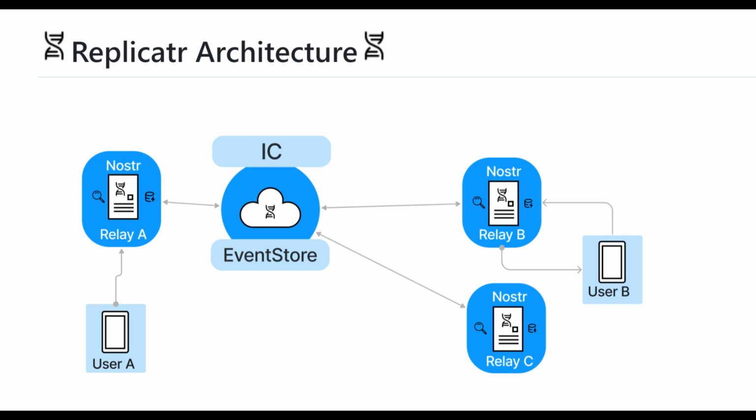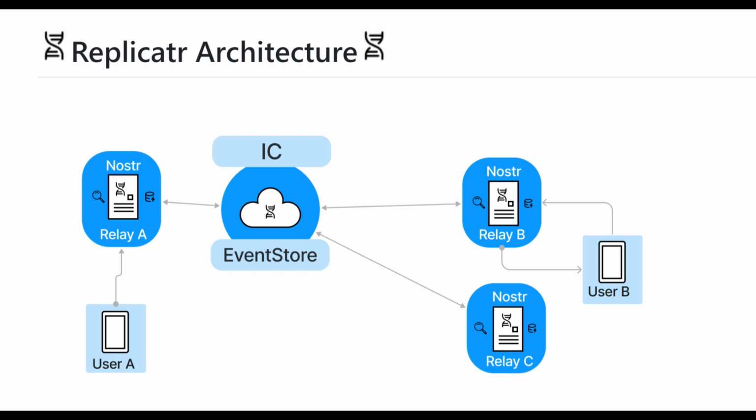Now, the way that Replicator solves this issue of data inconsistency within Nostr is via a replicator canister on the internet computer, which is used to synchronize a replicator relay cluster. Now, a replicator relay cluster is a cluster of relays, specifically replicator relays, that are authorized to access the replicator canister and use the canister for synchronization purposes. Now, the canister stores all the Nostr posts within the relay cluster. It stores each post with the event ID as the primary key.